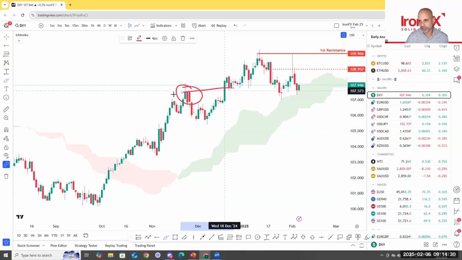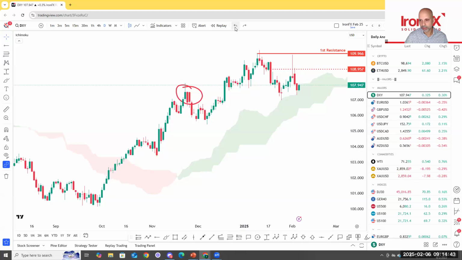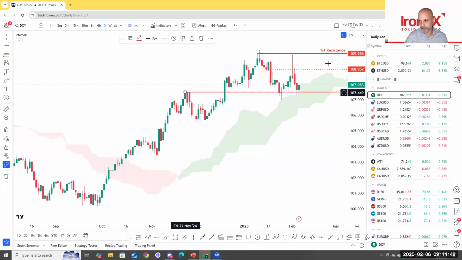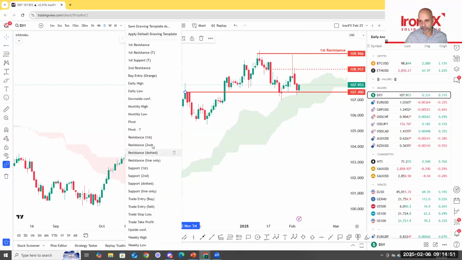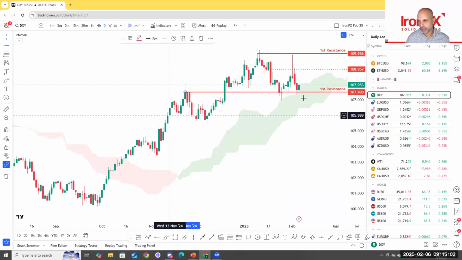And then once the bullish breakout took place on 18th of December, this level functioned as pretty decent support all the way till today, right? When I draw a horizontal line at 107.49, we can see that this is a pretty decent support area, right? We can see, of course, this candle here on Monday, 27th of Jan, the wick dropping well below this overlap level, but generally this level has managed to function as pretty decent support for the dollar index this week,